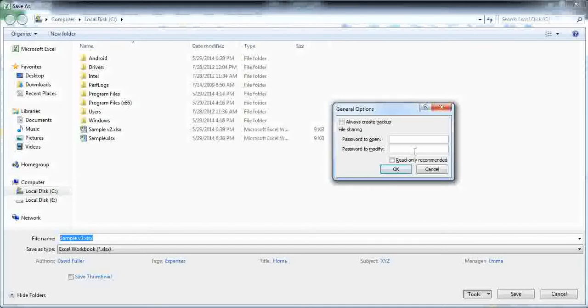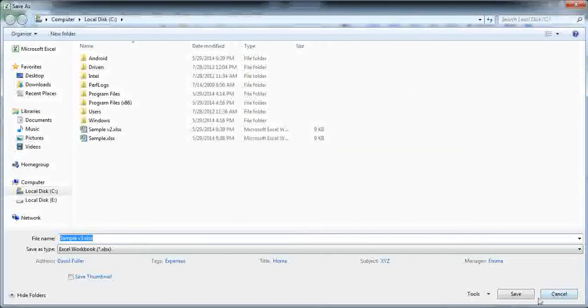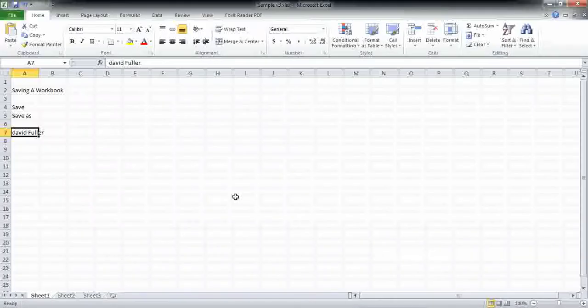Now before we close this session, it is very important to know that whenever you supply a password, like any other passwords that we enter on Gmail, Yahoo or Facebook, it is important to remember those passwords for future reference, because if you don't remember those passwords yourself, you won't ever be able to open that file again. This is all that you need to know about saving a file in Excel.